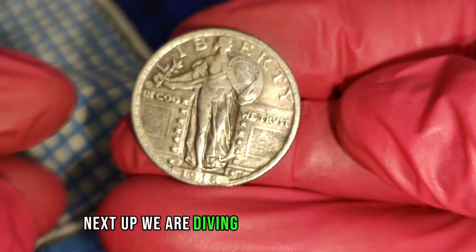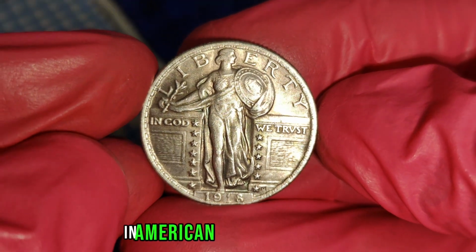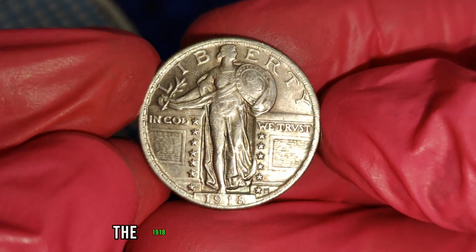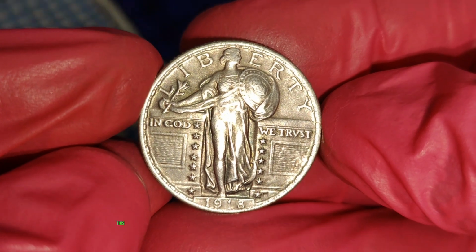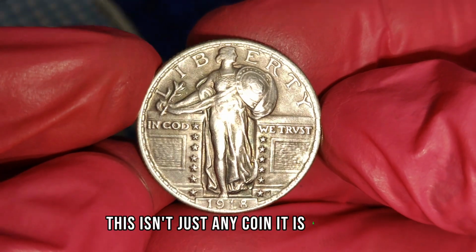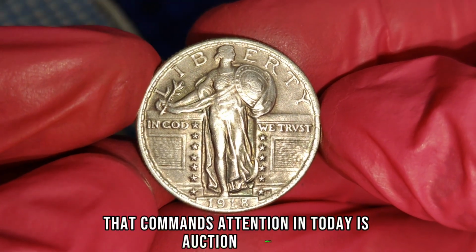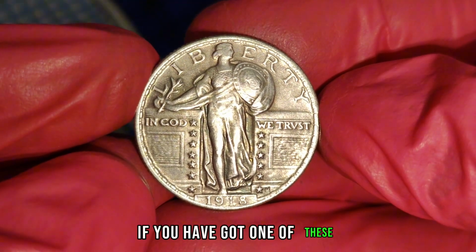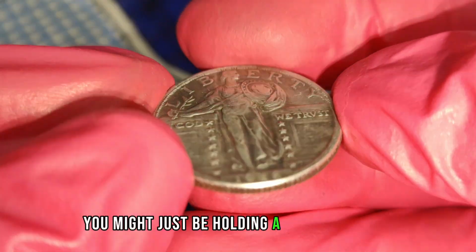Next up, we are diving into one of the most iconic and visually captivating pieces in American numismatic history, the 1918 Standing Liberty Quarter Dollar without a mint mark. This isn't just any coin. It is a silver-shaded treasure that commands attention in today's auction market. If you have got one of these, especially in very fine condition, you might just be holding a small fortune